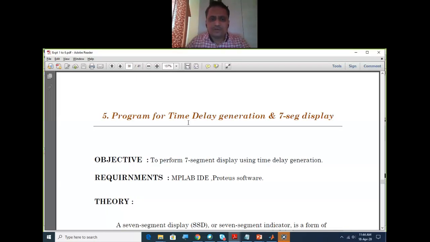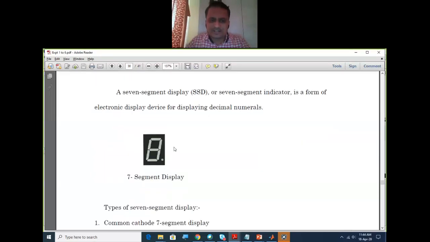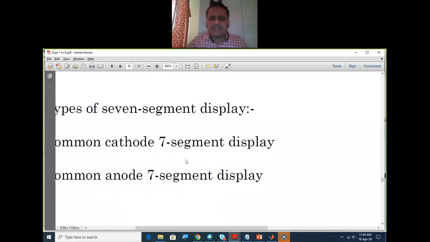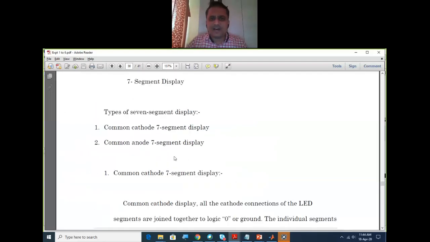So now we know that there are two types. This is just a pictorial view of how the 7-segment display physically appears, and technically these displays are of two types: common anode 7-segment display and common cathode 7-segment display.